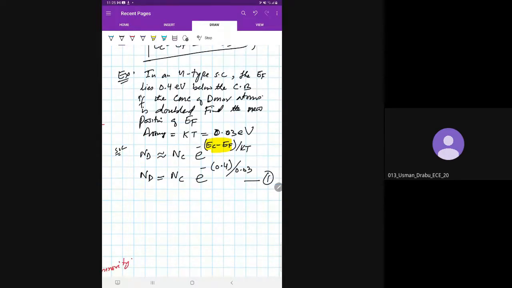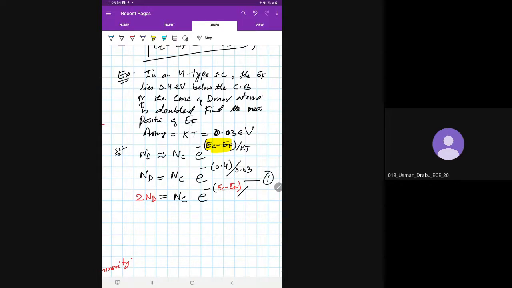Now, in the second case, it says that the donor atom concentration has been doubled. So ND will become twice ND, and NC will be the same. Then it asks, what is the new position of the Fermi energy level, that is, EC minus EF, you have to calculate